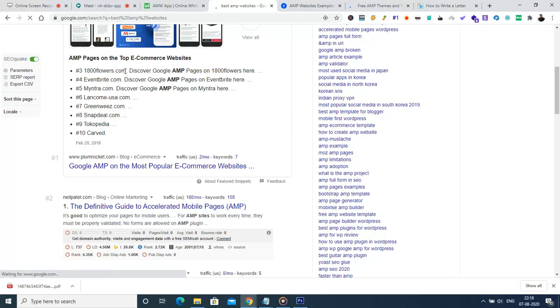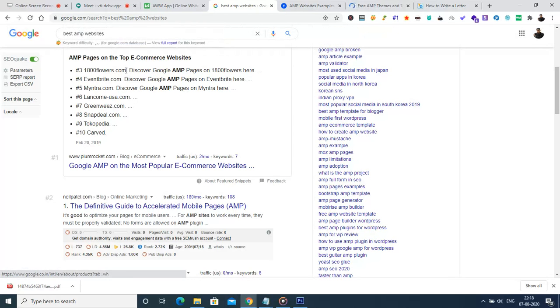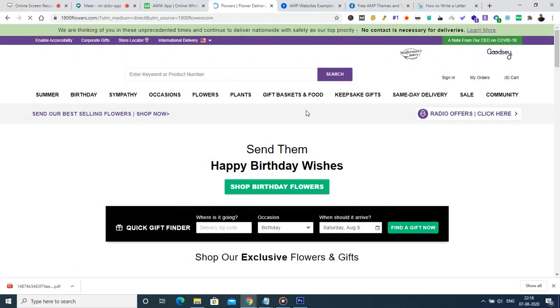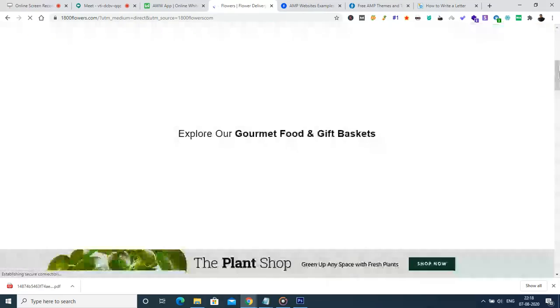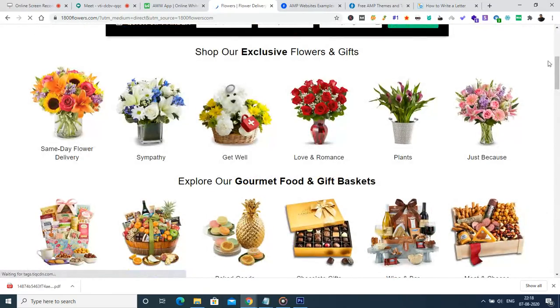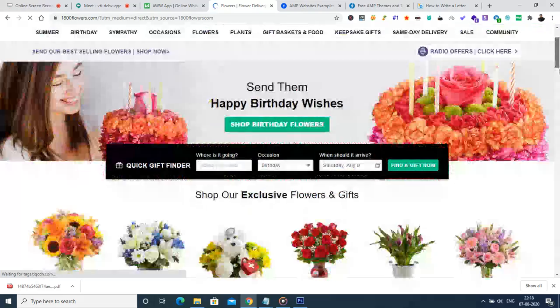So here we have one website which has been created using AMP. This is one web page which has been created using AMP. That's what they say, but it looks like a complete website.